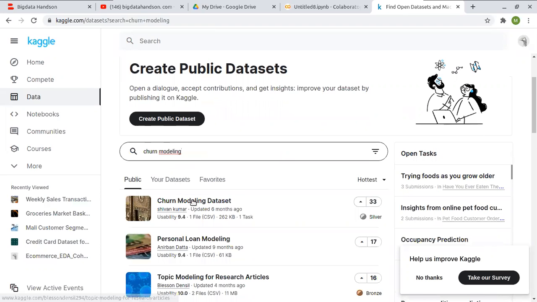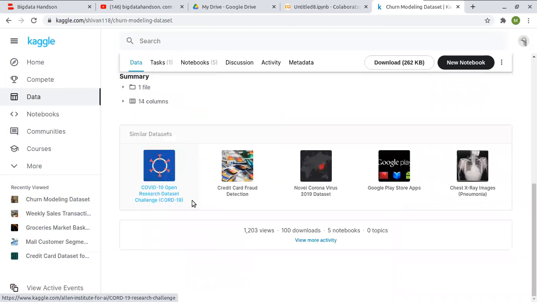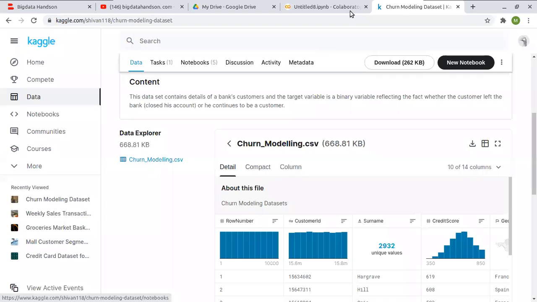I think this is the data. Yeah, this is the data here. So this is the data we are going to use now.